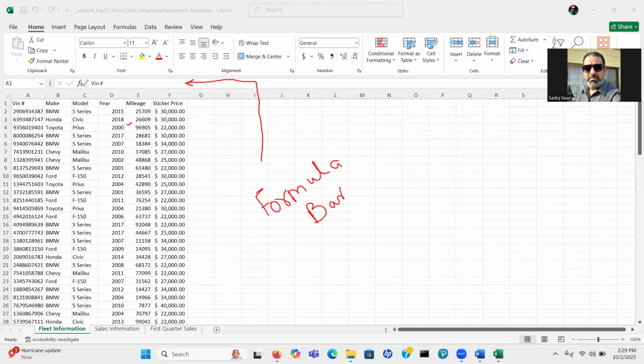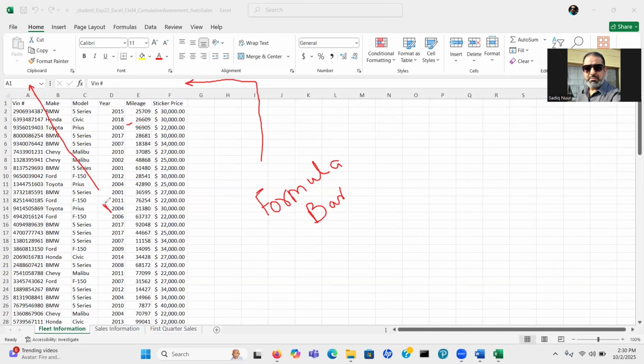The next box in the middle is fx, to insert a function. We have almost 300 plus predefined functions in Excel. And then the check mark means that if you typed anything in the formula bar and you want to execute it, you can use the check mark instead of the Enter key. And the X means, before you press the check mark, if you say, oh, I don't want to have the VIN number, you click X and it's going to delete it.